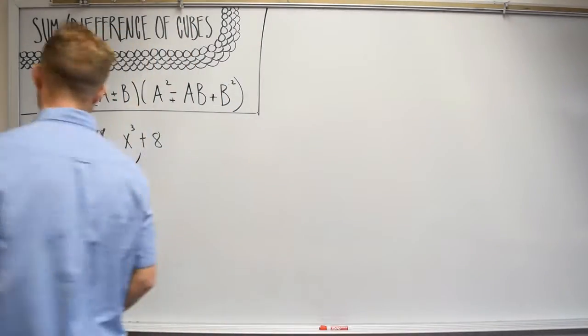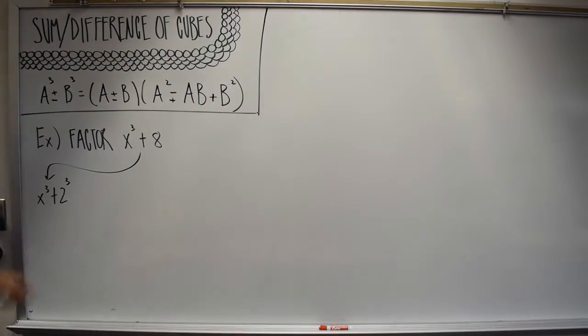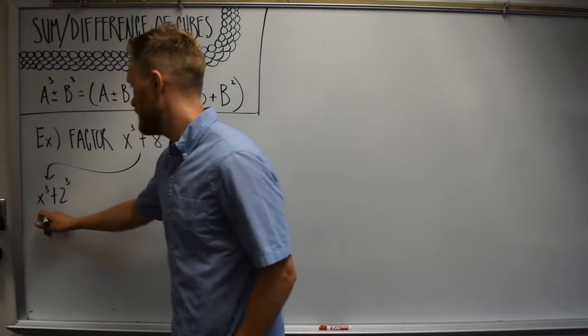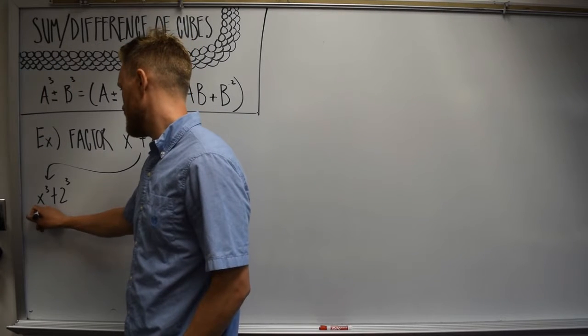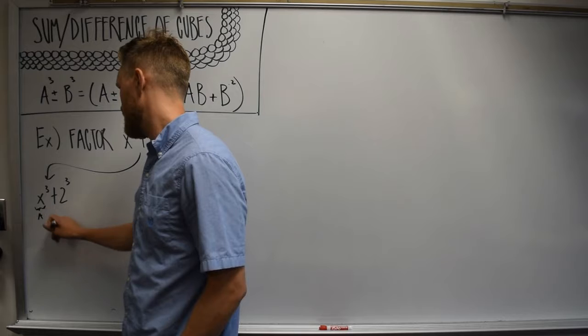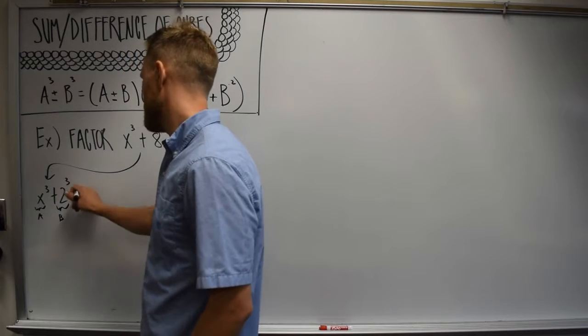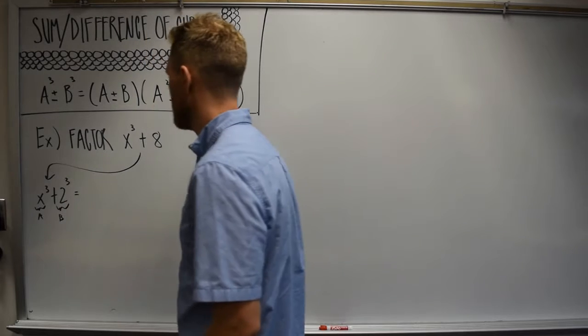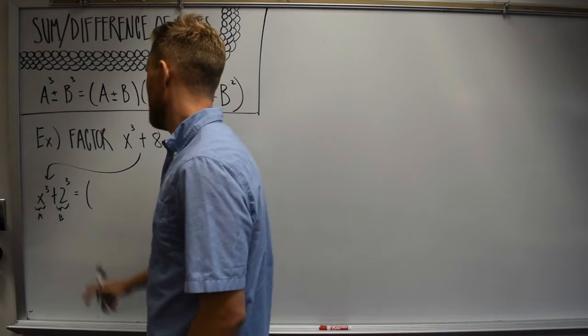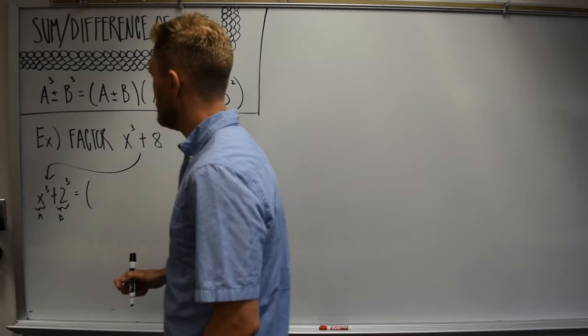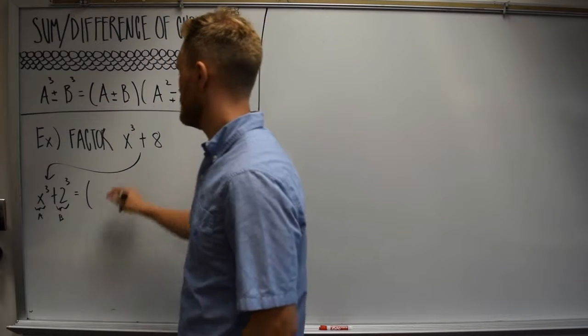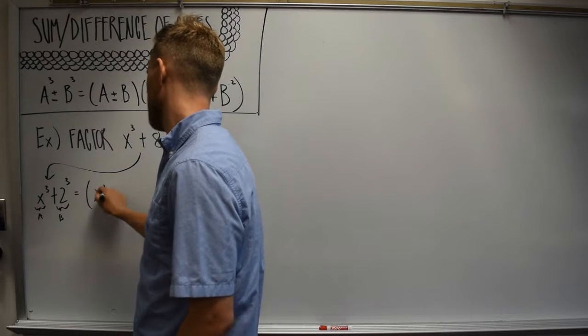And now I'm going to assign a and b values here. So I'm going to call x a, and 2 is going to be b. So if I use the formula, this is going to factor to a plus b, so it's going to be x plus 2